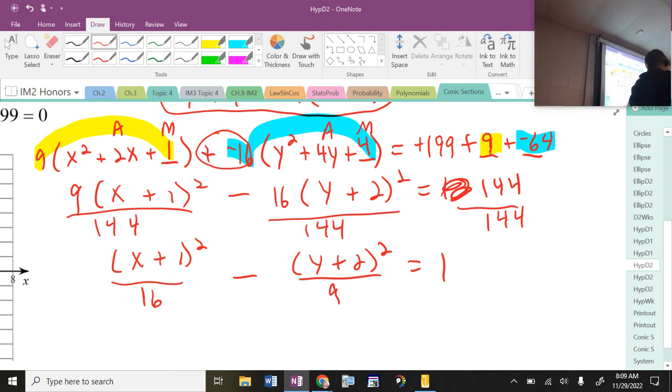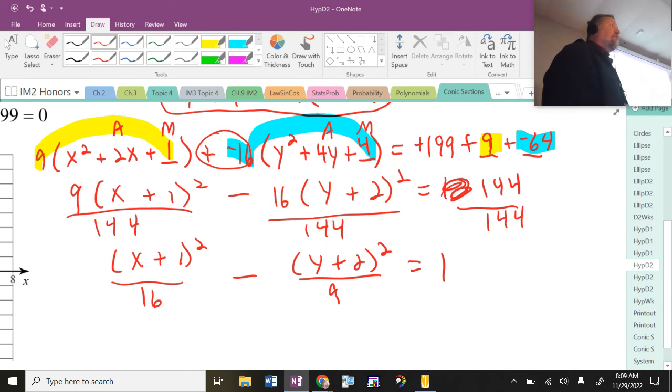It's x comma y: -1, -2. This is going to go right, left. Your x-axis radius is 4 right, 4 left from the center. Your y-axis radius is 3 up, 3 down. And then the foci are going to be added. What's 16 plus 9? 25. What's the square root of 25? Foci are going to be 5 right and 5 left